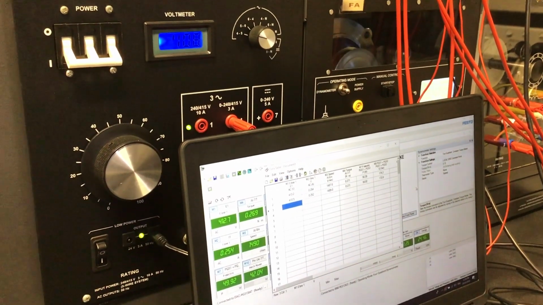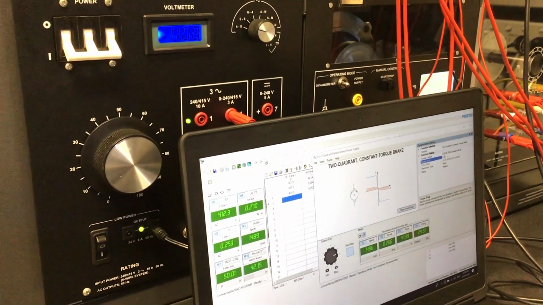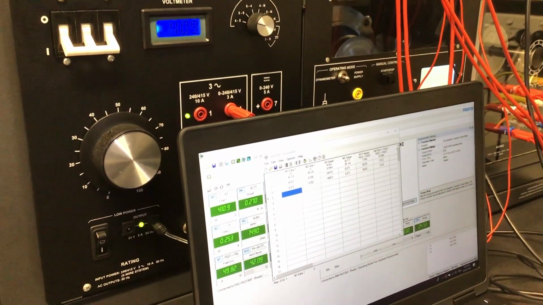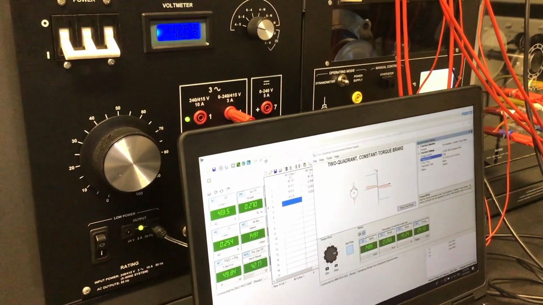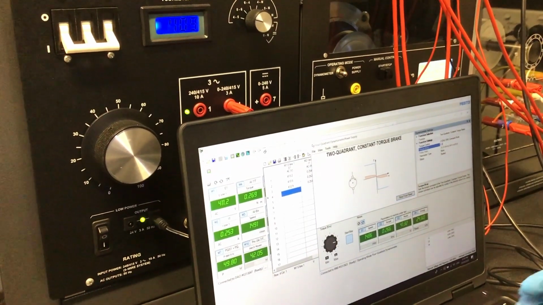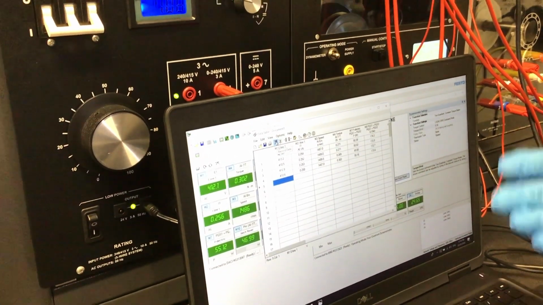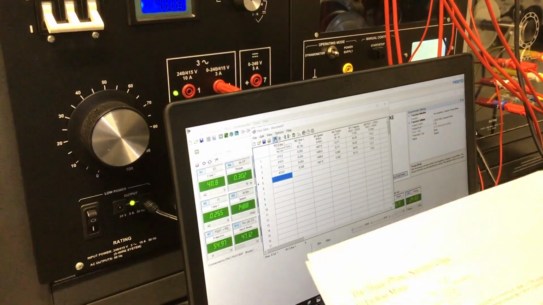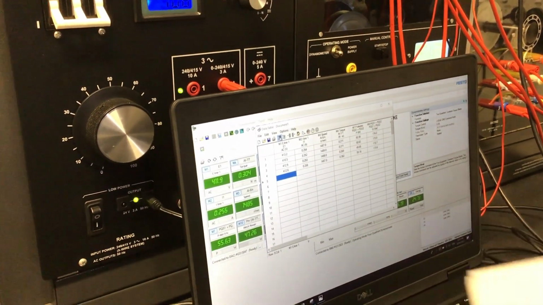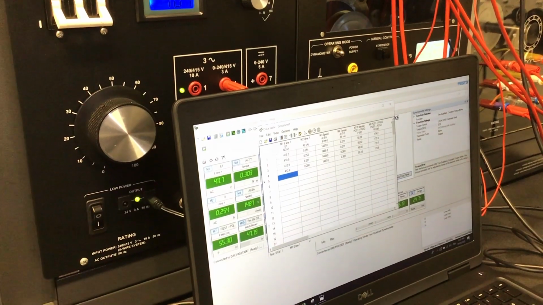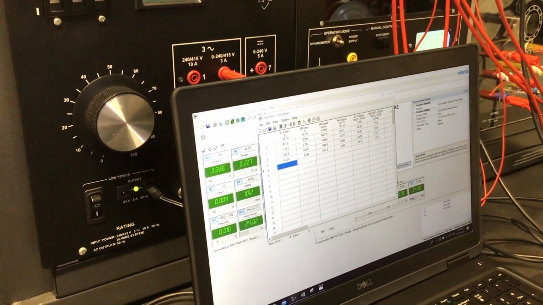Record the data. 0.2. 0.3. Okay, this you have to increase to the maximum. The maximum torque is here, 3. You can go up to 3. So I will show you the result for the second, or 9B.